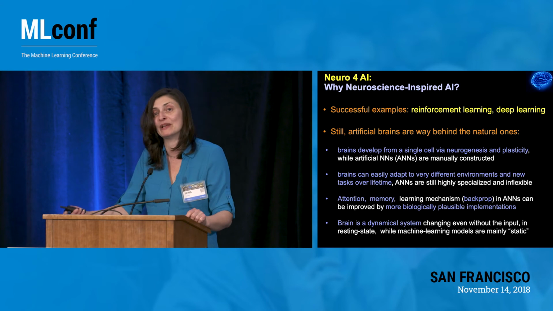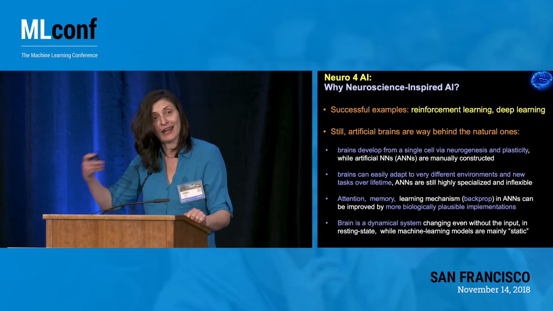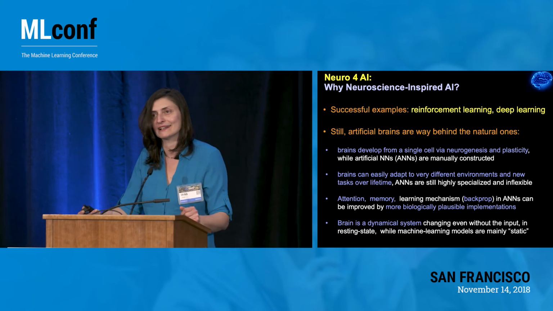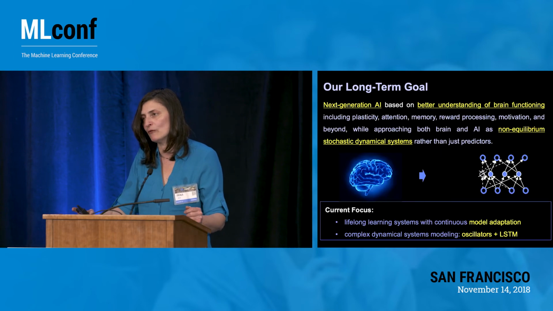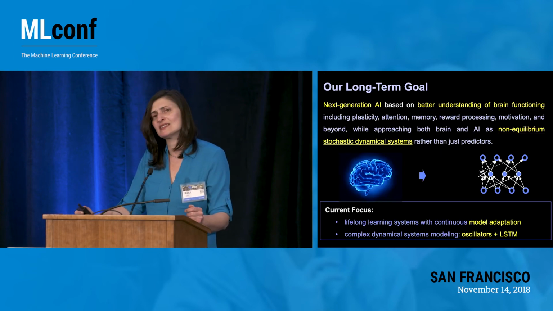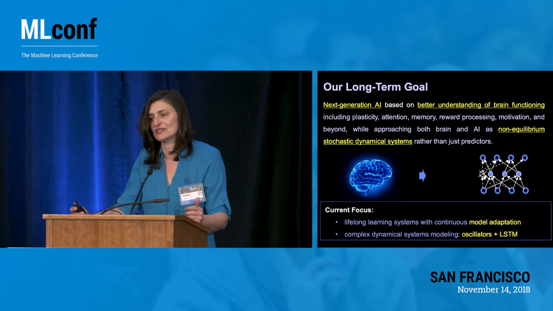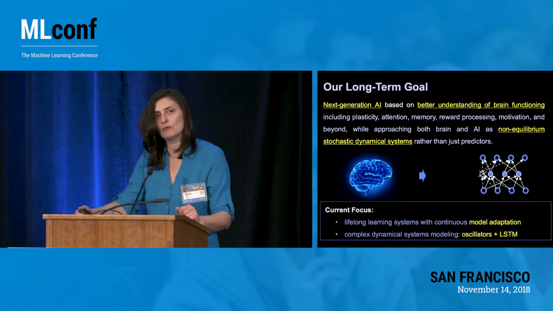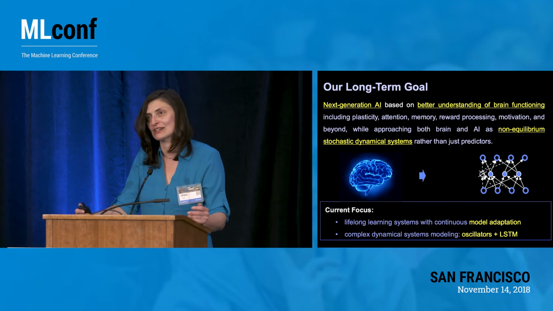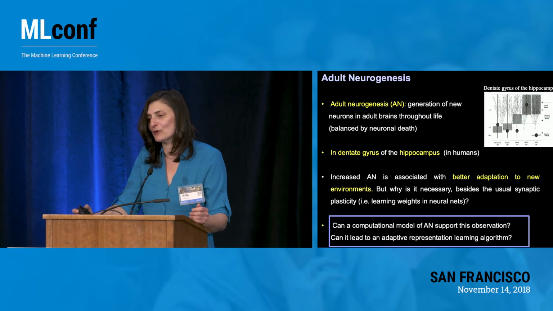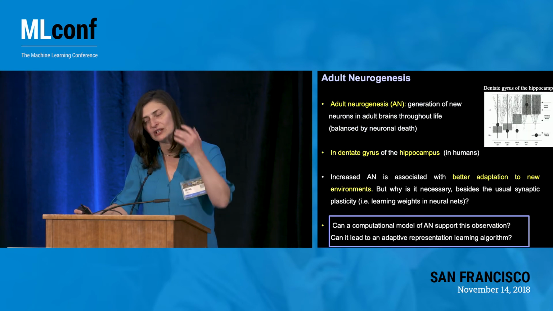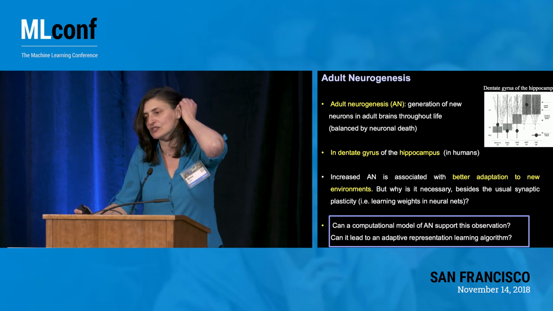So if we can build neural nets that keep changing and basically keep adapting, hopefully they will be more powerful as well. So this is, again, a high-level vision that eventually, hopefully, if we take care of better modeling of those aspects of the brain, such as plasticity, attention, memory, and reward processing, and motivation, and so on, we'll get more powerful artificial systems. So the current focus was on model adaptation. I don't have much time, but I just want to mention that